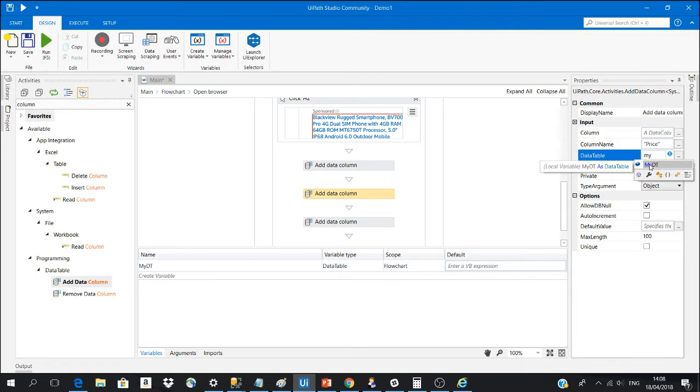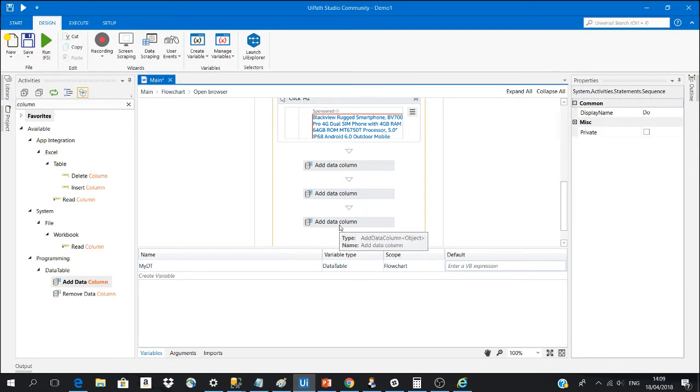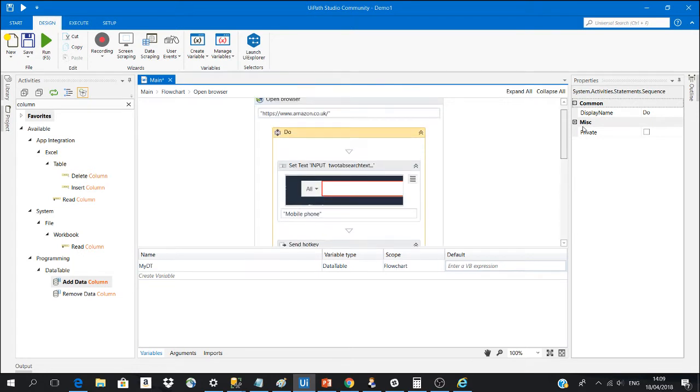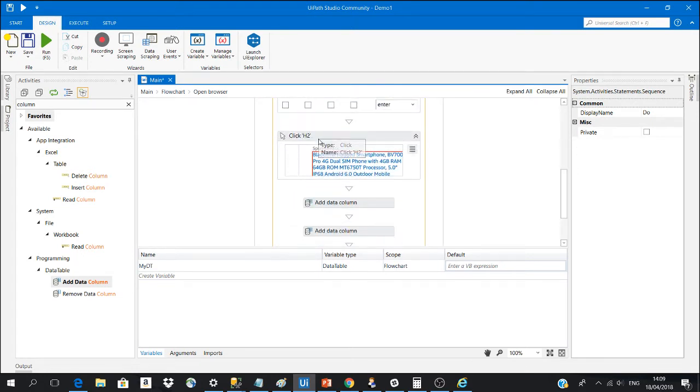We will learn it in a future video properly. The description. Okay, so we have added 3 columns, and now based on the results we need to get